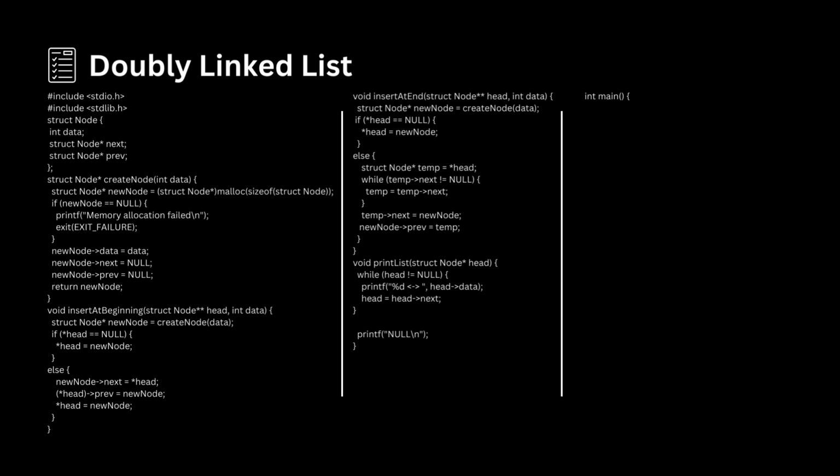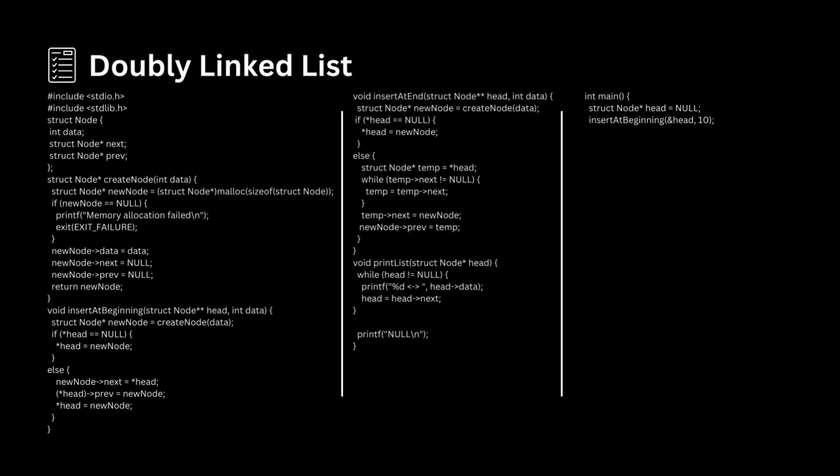Now we will see the main function. This line declares a pointer to a struct node named head and initializes it to null. This will be the starting point of the doubly linked list. This line inserts a node with the data value 10 at the beginning of the doubly linked list. The address of the head pointer is passed to the insert at beginning function so that it can modify the